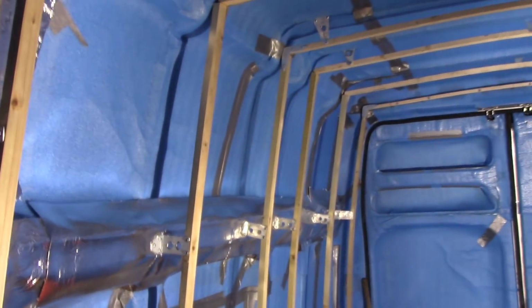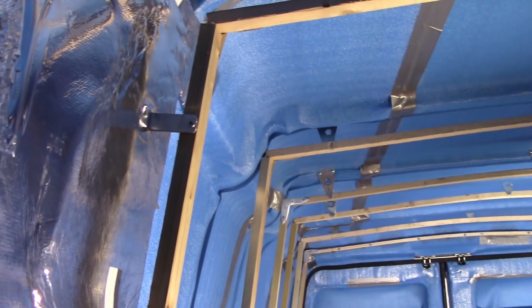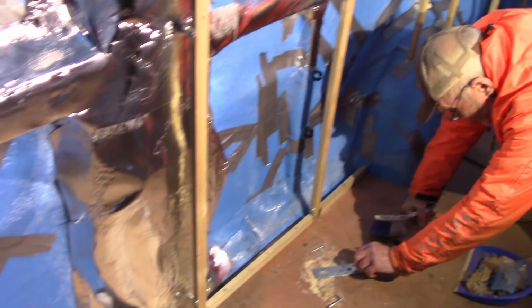Well, that's it. I hope, even if you don't employ this method of battening in your van, it gives you something to think about. It's very, very lightweight. Who knows if it's going to work yet? It can't really not work. Relatively time consuming, I think. It would have been a lot quicker just to bolt some battens to the wall, but we ended up with flat sides in, and this is going to have a nice curve on it. Making the former was quite time consuming. However, after the former was done, the frames could have potentially been more time consuming. I'm not sure how, but I'd like to think that they were quicker, and certainly making the brackets took an absolute age,